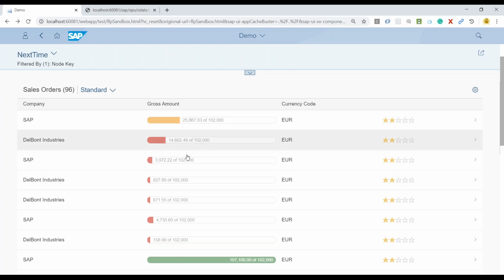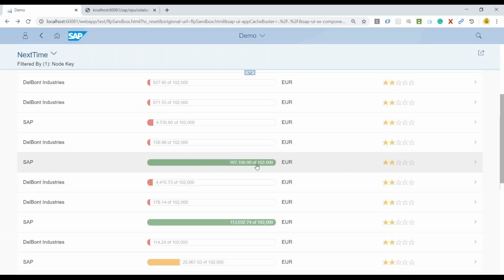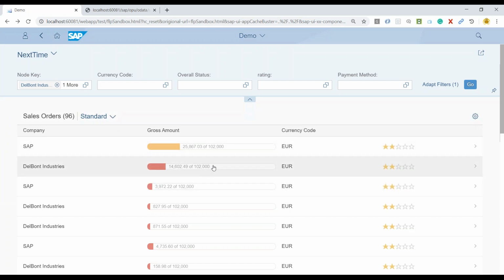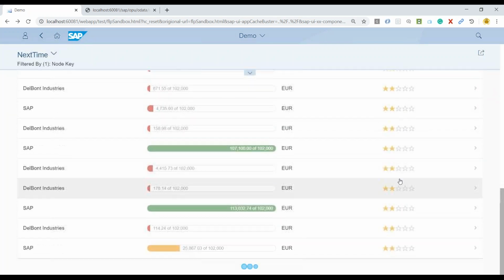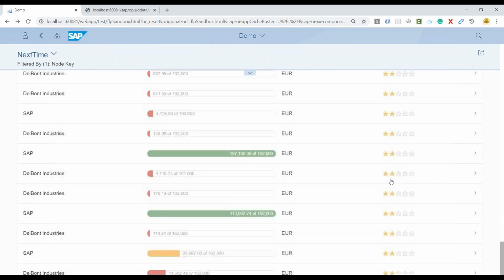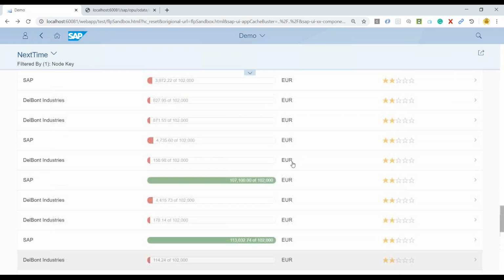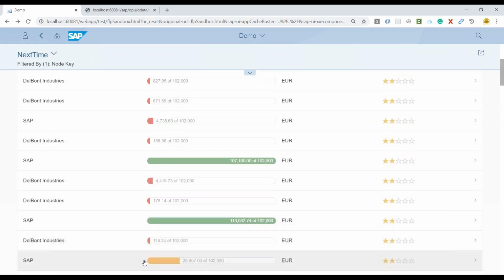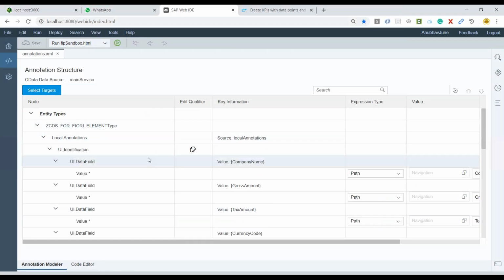The second column is showing us the gross amount value with a bar chart with the criticality calculations as part of the annotation. And then we also have a beautiful rating indicator showing what is the rating of each of the customer sale. So that's the data, and this is all driven by the annotations which we created as part of our SAP Web IDE annotation modeler.